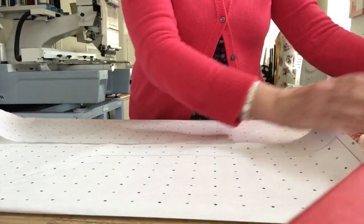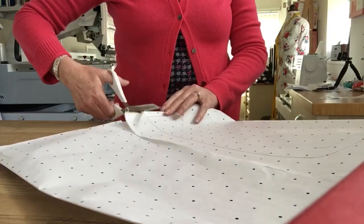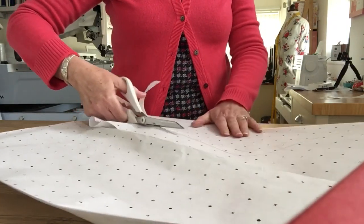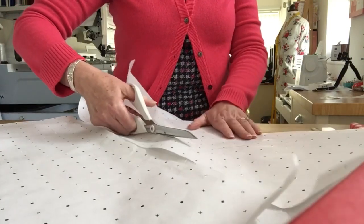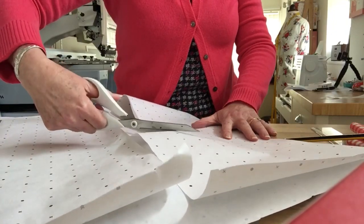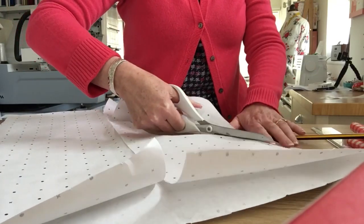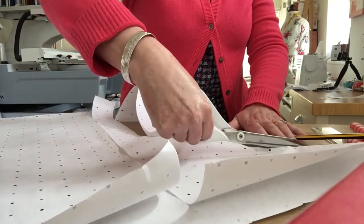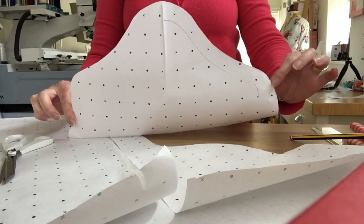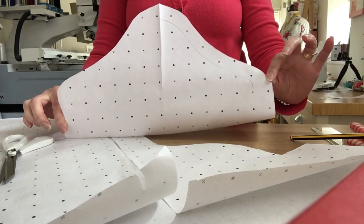So I'm going to quickly cut this out. And what we've got to do after this is, this is the back pattern of the peg bag. And what we want to do after this is do the front piece of pattern. So you can see I'm cutting around the top part of the coat hanger. All cut out. So you'll end up with whatever shape your coat hanger is at the top, you'll end up with that sort of shape. So you can see I've got an inch on the top and an inch and a half, more or less,